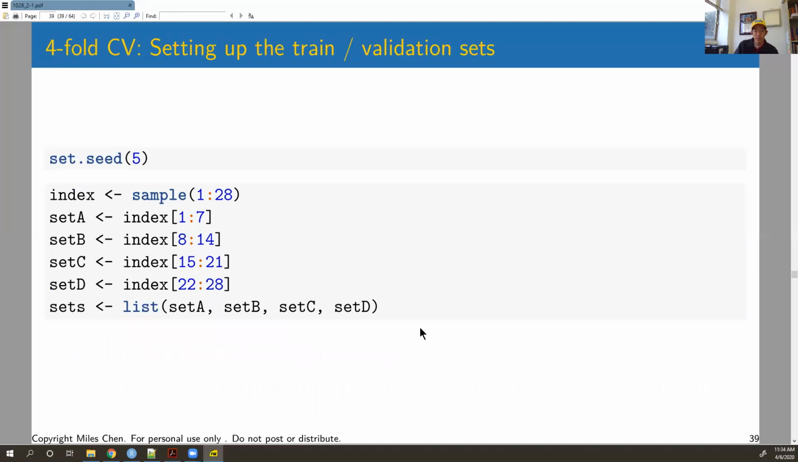So to set this up, I'm going to arbitrarily set seed 5, and I'm going to shuffle the values 1 through 28. So I've got 28 observations. I'm going to shuffle those, and I'm going to basically deal out